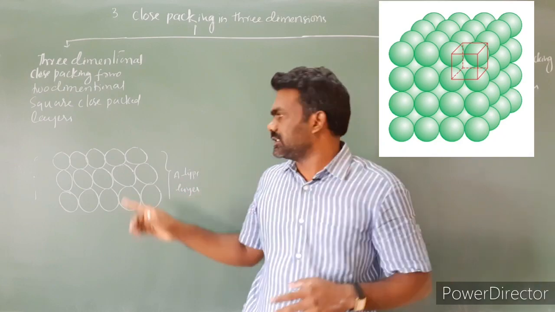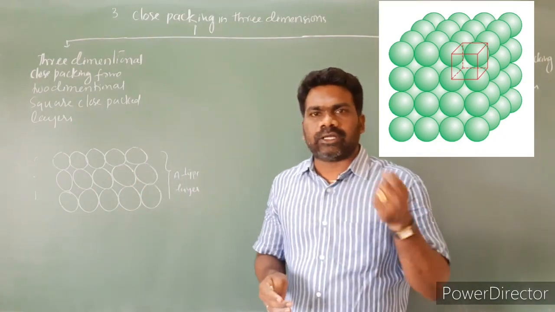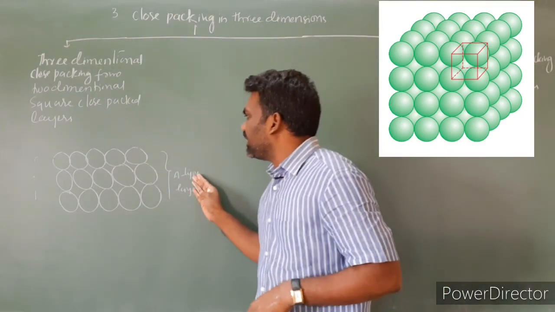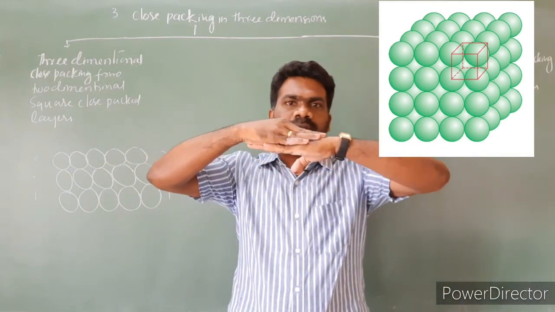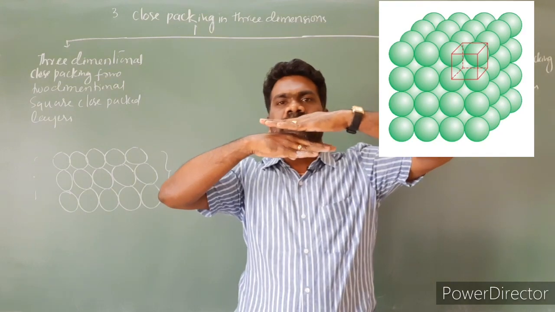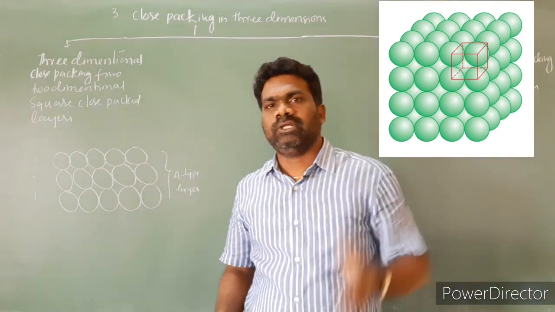That means the spheres of the second layer and the spheres of the first layer are aligned horizontally as well as vertically. So we'll get another A type layer. The second layer is also an A type layer. So two layers are completed. I'm taking one more image. This is the third layer. The third layer we have to place upon the second layer, then the fourth layer, fifth layer, and so on. We have to arrange many layers.